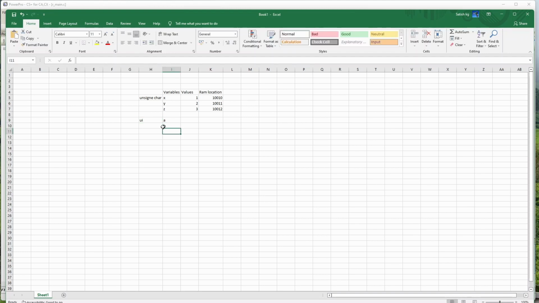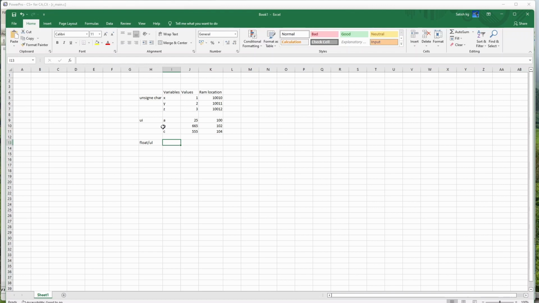I can have any value, 25, up to 65,000 at the stretch. Let's assume it starts from, for example, 100. The next will not be 101, it will be 102, because unsigned integer takes 2 places in most compilers. Again, it's compiler dependent, but in most embedded applications it is generally 16-bit, and the next will be 104. For example, float or unsigned long,